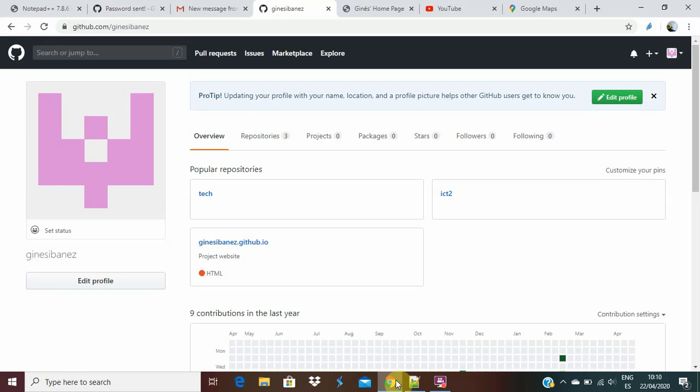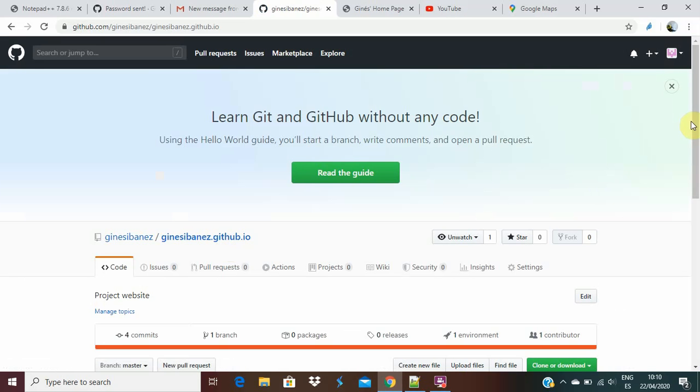Okay, so I'm going to show you this tutorial to help you understand what you are expected to do here with the website created in GitHub. First of all, I'm already logged in to GitHub. I have three repositories here, the ICT2 and this one. So I'm going to click here to see the files